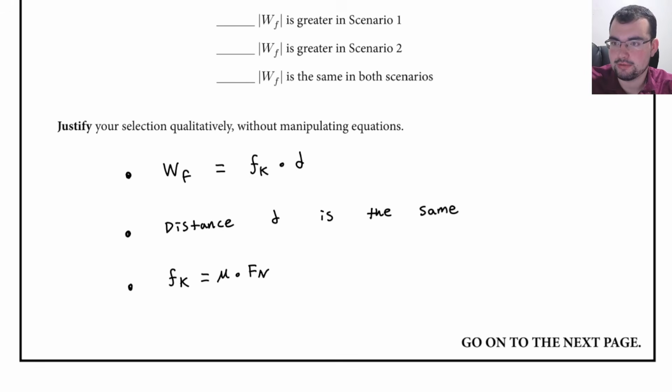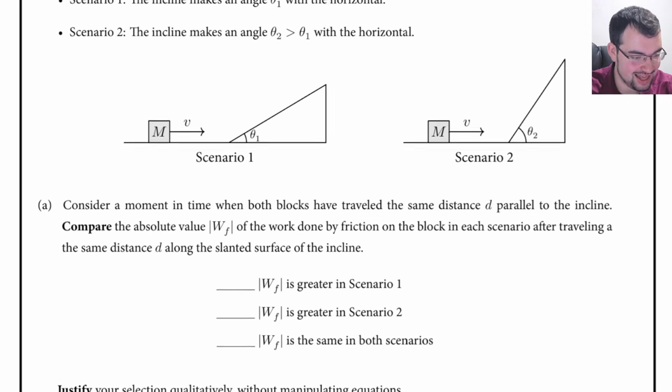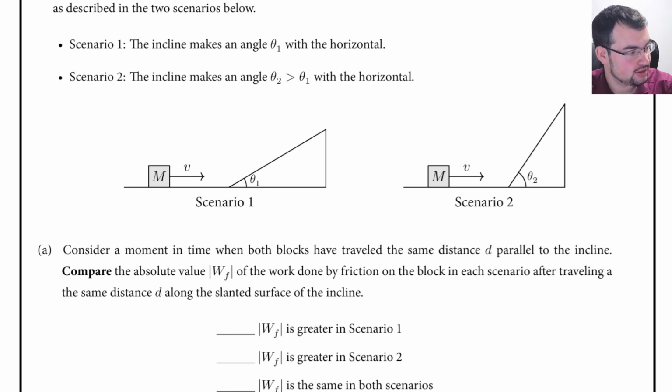So what is normal force? Well, again, the normal force is the force component that sort of points out of the ramp. So we have to think about how that is going to compare for each of these ramps. So for this ramp, my flatter one, my normal force is going to point out of the ramp like this. And then for my other scenario,